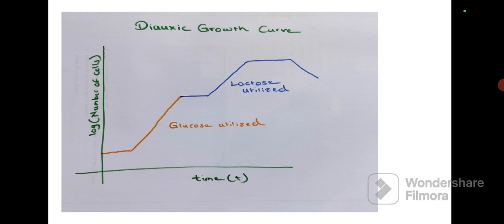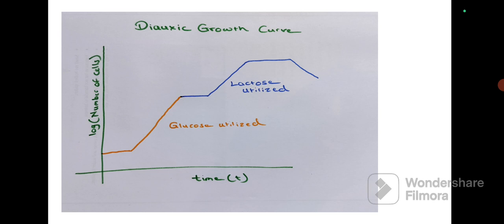In this diagram you can see you have a first phase shown by orange color of glucose utilization, and the second phase shown by blue color which is of lactose utilization. A straight line initially which is present is the first lag phase, then you get an exponential phase which is obtained by utilization of glucose, in which the glucose is utilized and cell growth takes place. At the end of this phase, the glucose is completely utilized, so the cell has to shift towards lactose utilization,